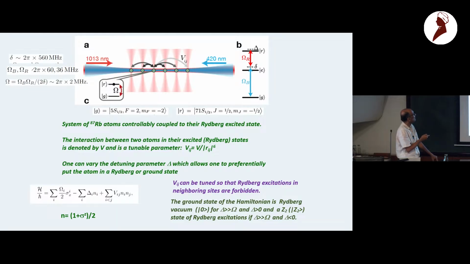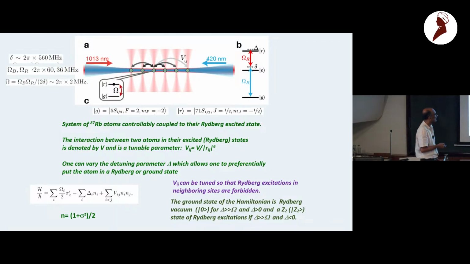So in that situation, what is the typical effective Hamiltonian? Every site essentially has a detuning. This tells you how easy or difficult it is to excite the atom from the ground to the Rydberg state. If this detuning is positive in my language, then it's relatively easy to excite, and if it is negative, it's difficult. And this N_i is the density of Rydberg excitation, how many atoms you have excited to their Rydberg state.